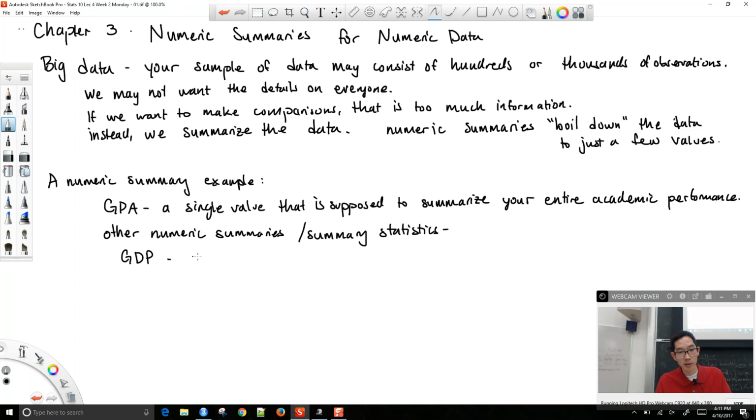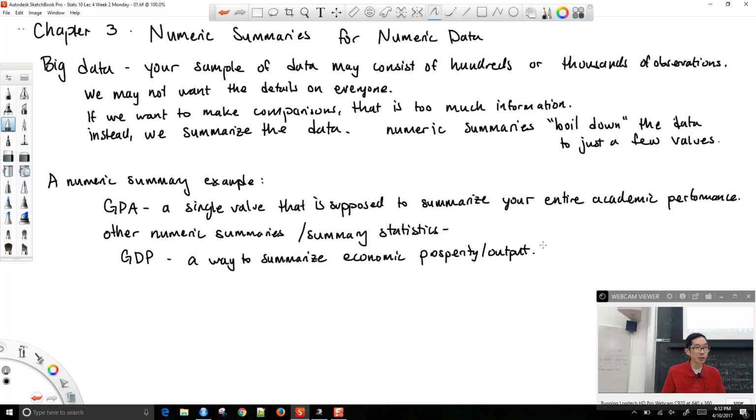This is a way to summarize economic prosperity or output. Okay, but of course, it doesn't tell the whole story either,